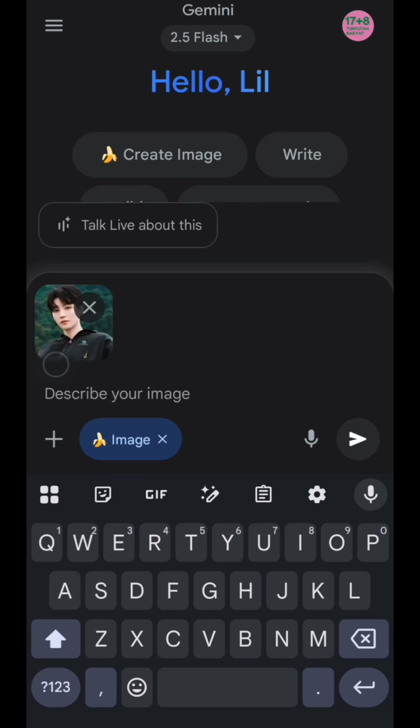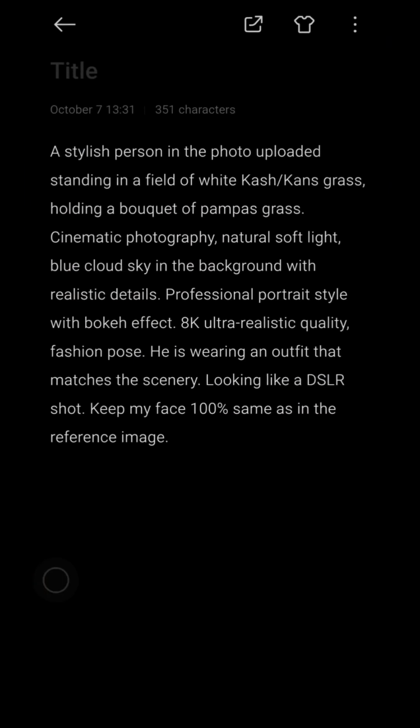And then let's type a prompt. Before, I already prepared my prompt like this. You can just copy my prompt or feel free to change a few details, for example the outfit color, background or pose, and then just match your own style. Next I will just copy my prompt